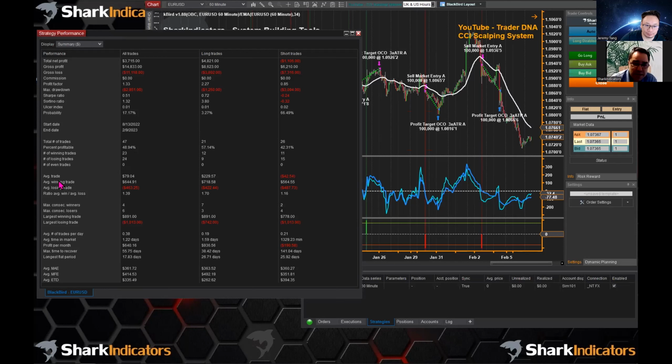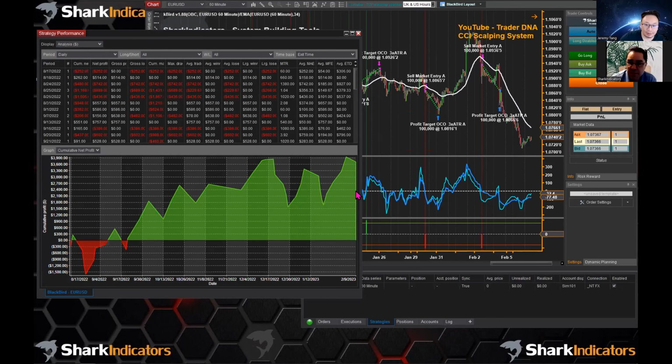So the big difference is the winners got a lot larger, and we haven't changed our stop loss, so the losers are staying the same. Obviously, we're just playing with one side of the market to keep this demo simple. I think showing the equity curve will be quite revealing in terms of what's actually going on. Yeah, that looks pretty good.